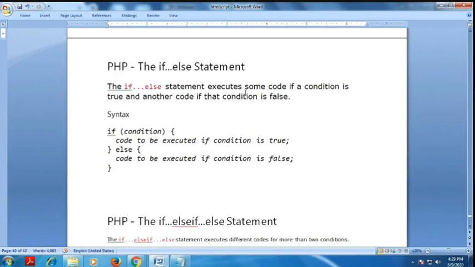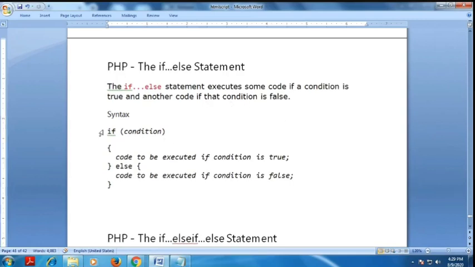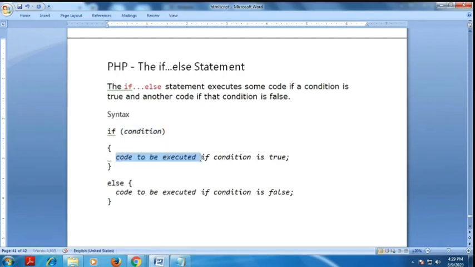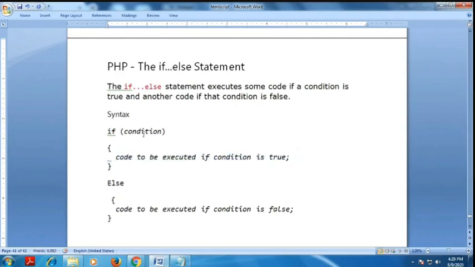It executes some code if the condition is true and another code if the condition is false. Here, if the condition is true, this code will be executed. Otherwise, if the condition is false, the else statement will be executed.